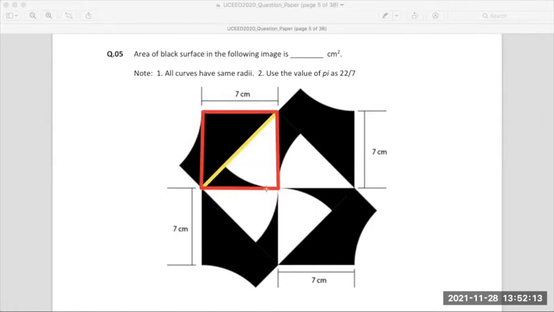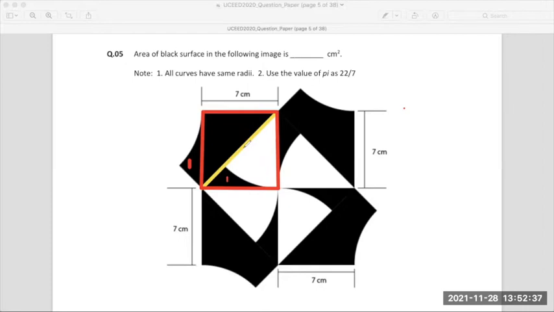What I have drawn here, if I break this whole one, if I break 1/4 part of it like this, you get two parts. So this part is same. ये दो part same है आपके. The triangles are of the same size. But all you have to do is find this white part which is remaining.